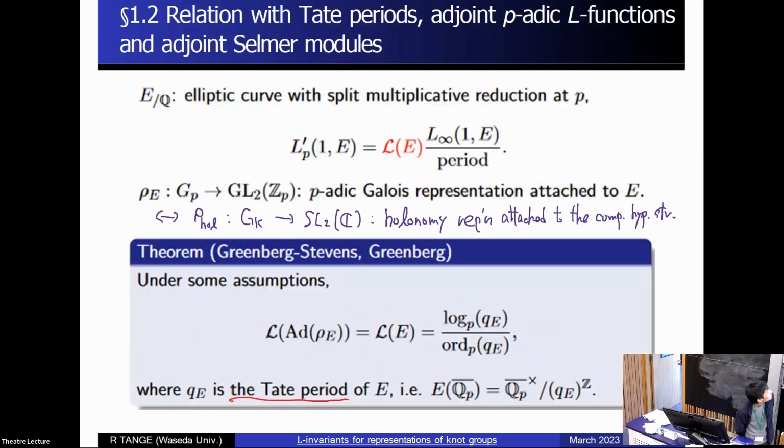And this is some application for elliptic curves. I'm not so familiar with this, but note that the p-adic Galois representation attached to an elliptic curve corresponds to the holonomy representation attached to the complete hyperbolic structure. And there's some relation with some elliptic curve properties, for example,